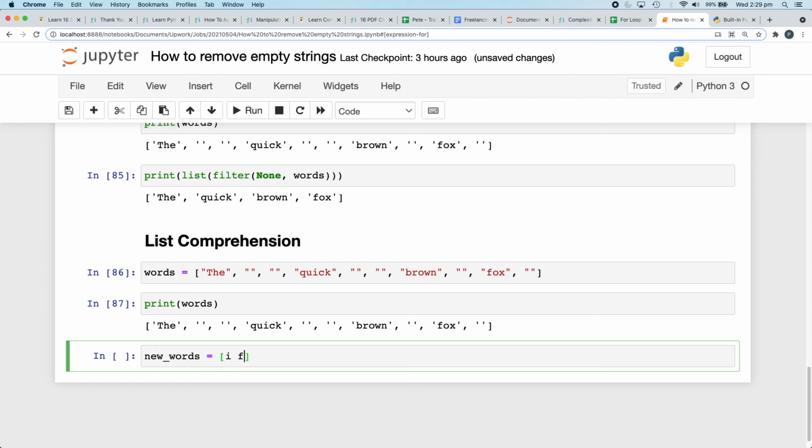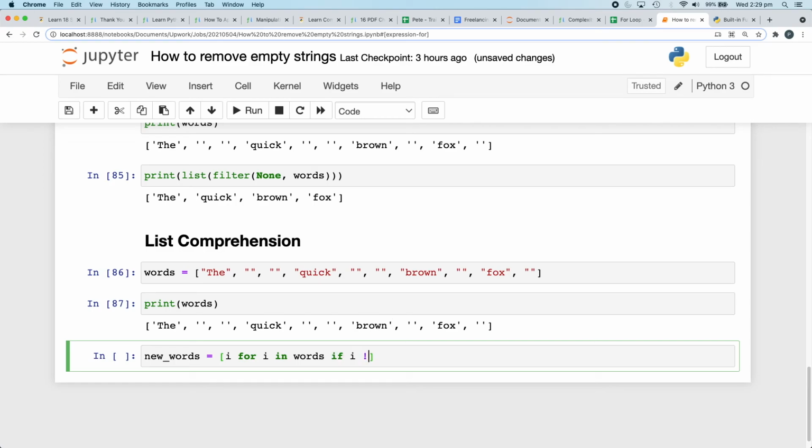So let's just say i for i in words, right? I don't know if this makes sense to you, but one way that I read it is that we're iterating through our words list, which is represented by i; we'll step through each of these elements. So i for i in words,